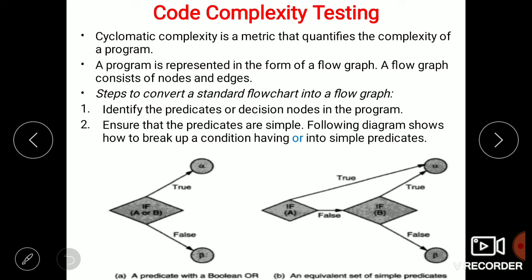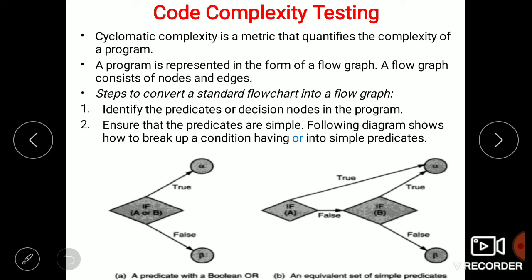The second step is to ensure that the predicates are simple, meaning your predicate or conditional statement should not contain and, or, and looping statements. If it contains these, like and, or, or any looping statements, then we need to break up these conditions.